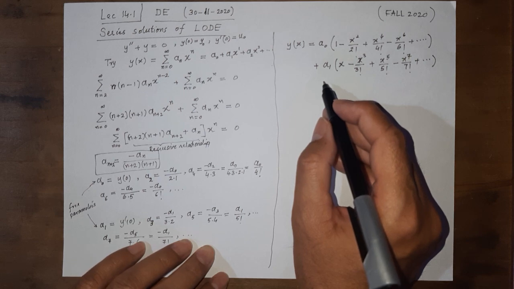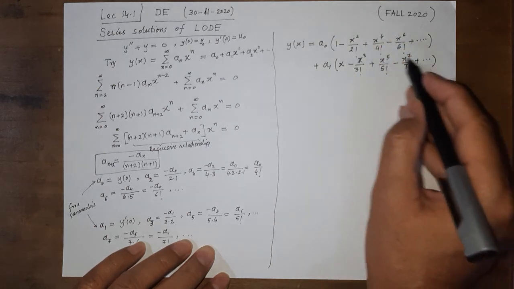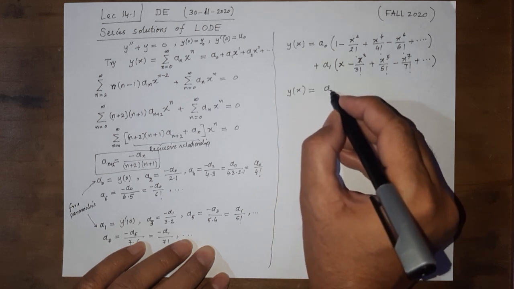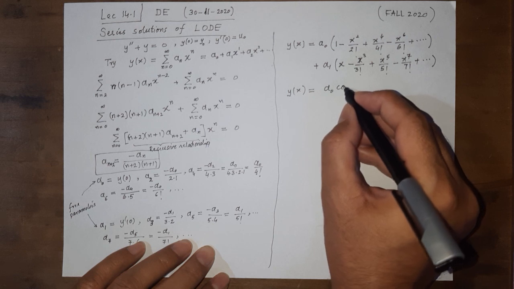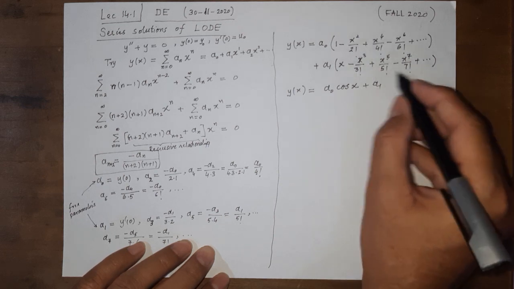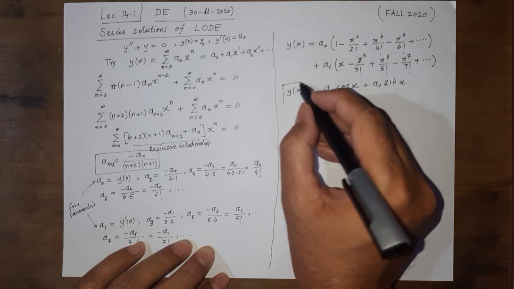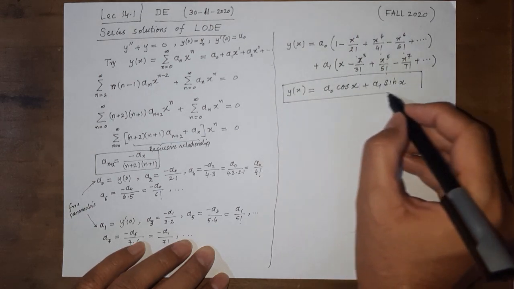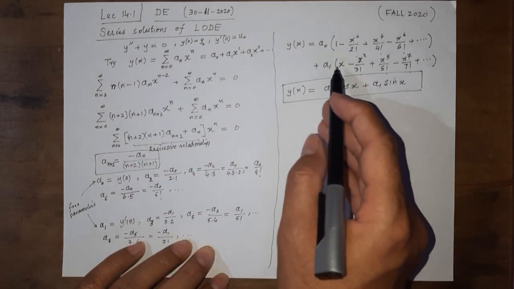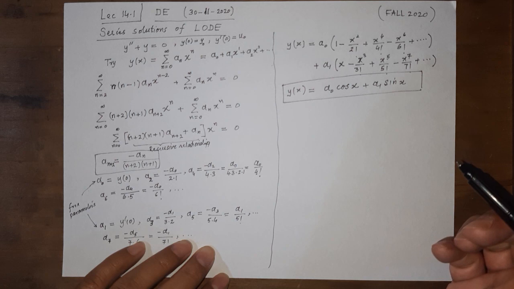And if you already know this, you should know that this series has a name, and this series has another name, and you can look it up, brush up your knowledge, and see that this is a cosine series, cos of x, and plus a1, this is a sine series, sine of x. So we arrived at the same solution that we knew would be the answer, but by using series to arrive at a solution.